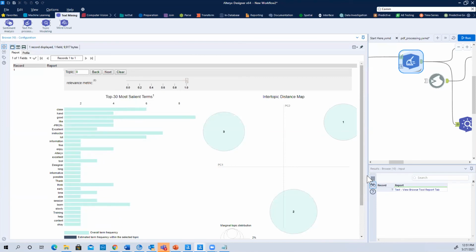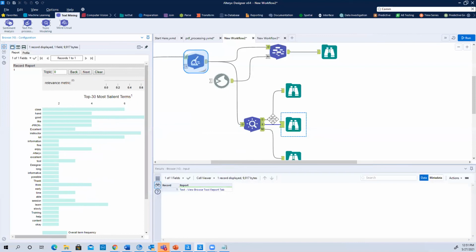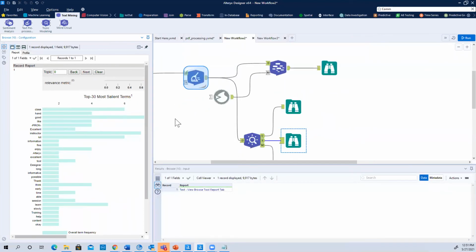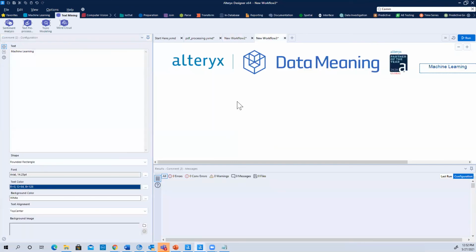All right, so that is our topic modeling, and that is our word cloud. I'm not going to cover sentiment analysis at this point, but next week, when we do the second in our webinar series, we're going to be covering sentiment analysis along with how the new tools that are available in 2021.2 fit into the big picture. All right. Now I want to make sure that we have enough time. I'm going to take a quick walk through machine learning. As a matter of fact, looking at the time, I think I'm going to step right into machine learning here,